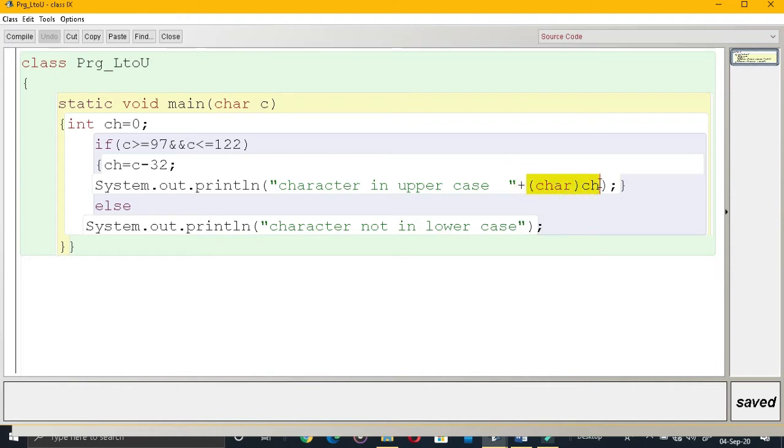That conversion is called explicit conversion. Explicit means we are forcefully converting a number to a character. Which number? 65. Its equivalent character is capital letter A. Else case, it will always print character not in lowercase. That was the input you have just watched.